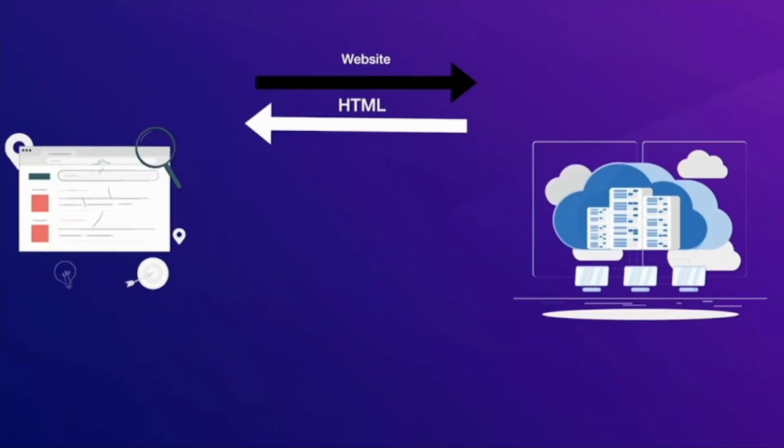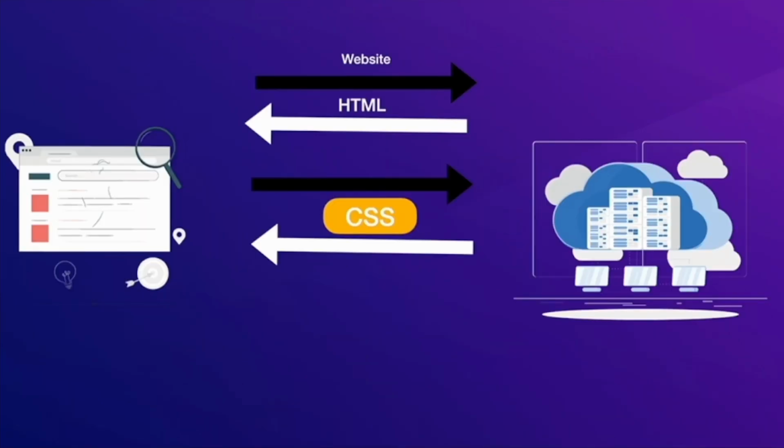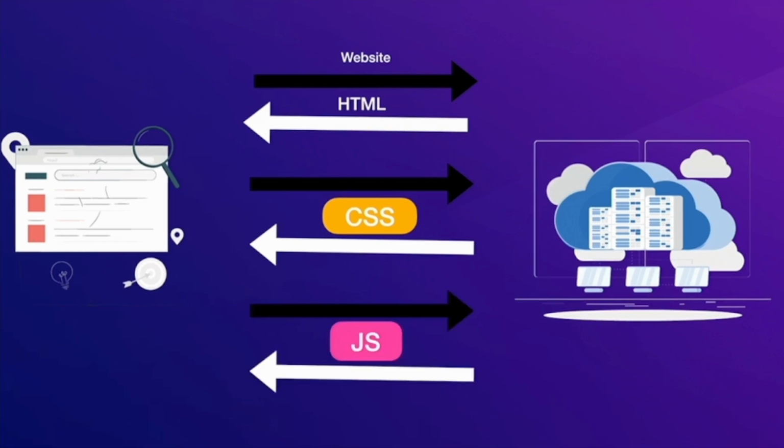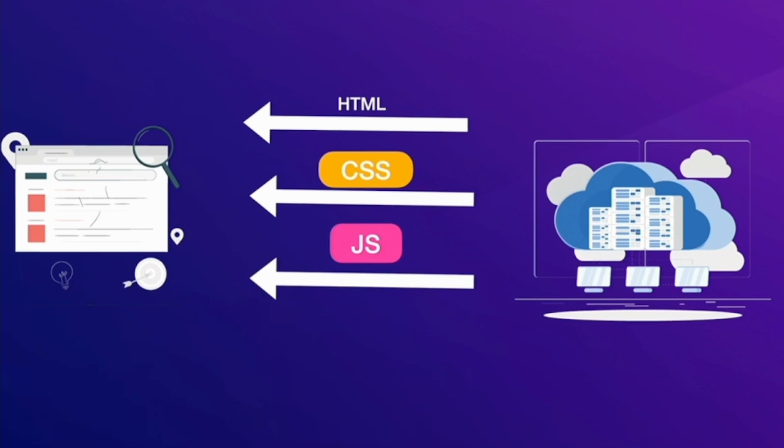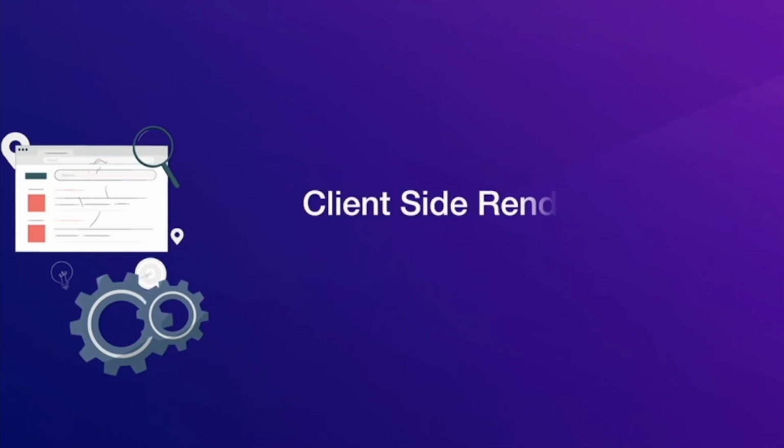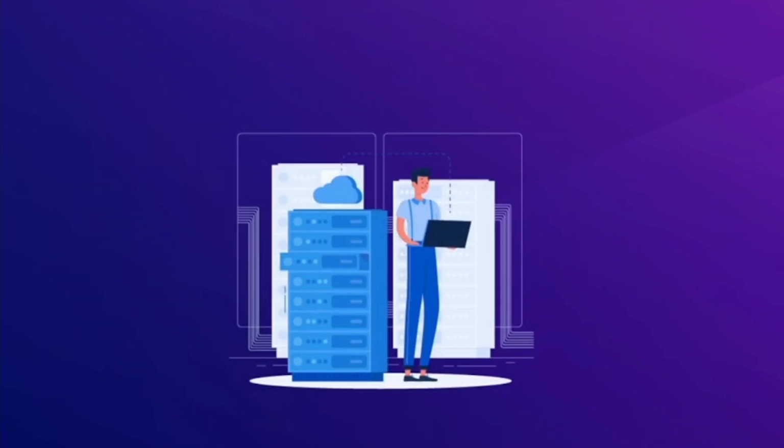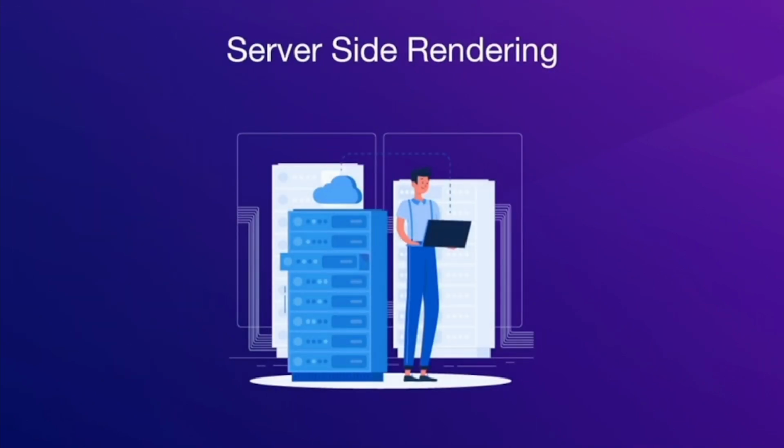So the client requests for the website and the server responds with the CSS and JS files. When those files reach the browser, the browser will take a bit of time to parse and execute the JS, then the browser will make the necessary API calls and do the data binding once data is available. So all the processing is done on the client side, that is data fetching and data binding is done on the side of the browser. As the heavy lifting is done on the client side, these types of websites are known as client-side rendered websites. Now let's move ahead and see what happens in the case of server-side rendered websites.